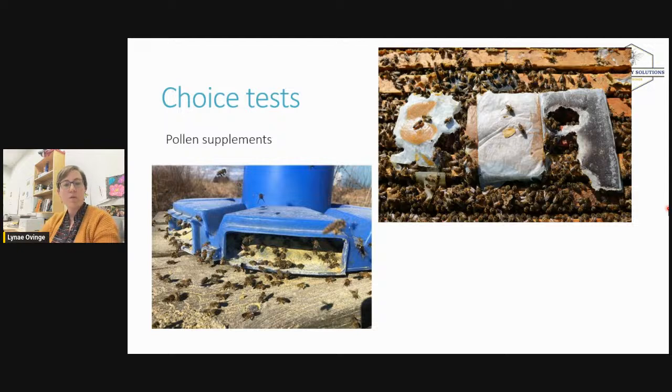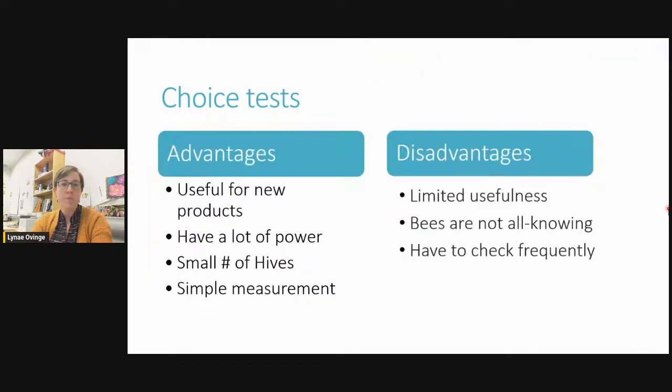Another option for choice tests is pollen supplements or pollen patties. This is an experiment I did with Shelley where we actually offered them a choice of 3 different ones. And obviously you can do the same thing in the bulk feeder, but a few years ago they were selling some weird green patties that the bees wouldn't eat at all. So before you put green patties on 1,000 hives, you can just try them out using a choice test and figure out, okay, will the bees take them down?